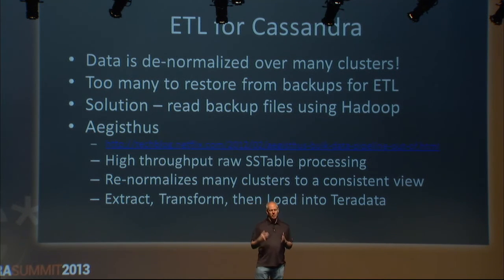So what we built was a Hadoop cluster that has an input formatter that knows how to read SSTables, Cassandra backup tables. Aegisthus is the person that killed Cassandra in Greek mythology. So this works on a dead Cassandra cluster. All you need is the backups. That's why we called it Aegisthus. They were able to kill having a running cluster by doing it this way. And then we put it in S3. We still have a little Teradata running on the side, but it's gradually being replaced by a combination of Hadoop and Amazon Redshift.